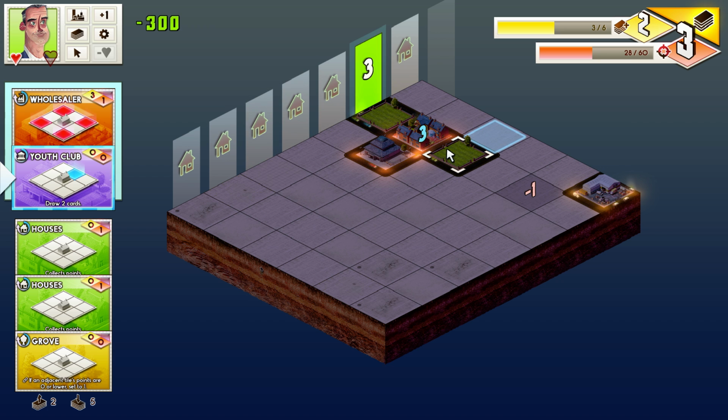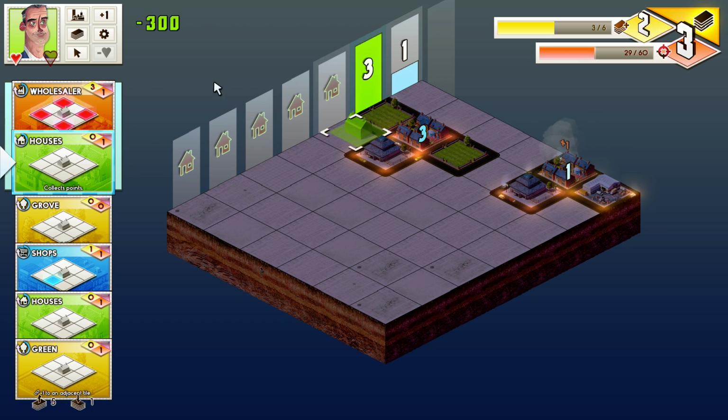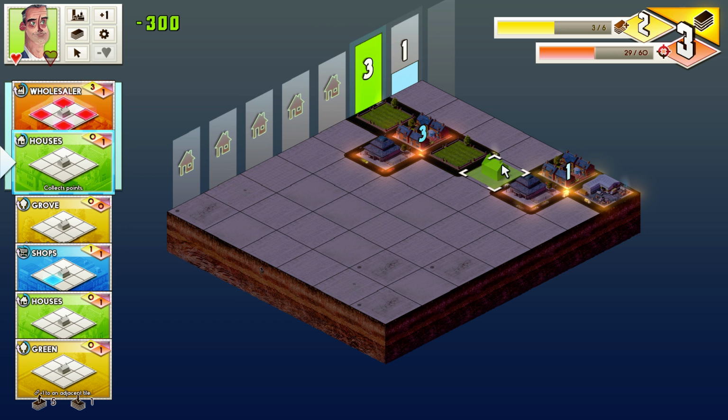So what I'll probably do is, if I place a youth club here, this seems like a good spot, because this -1, I know I definitely don't want to put a house there, so I might as well put something that doesn't collect points there. And again, taking up space in this column where I've already got enough points is the safest thing to do, because I don't need to place any more houses in there. And so I place it there, and now this column's doing pretty well as well. I think when you have houses to place but you don't have any points to collect yet, you just kind of want to put them...